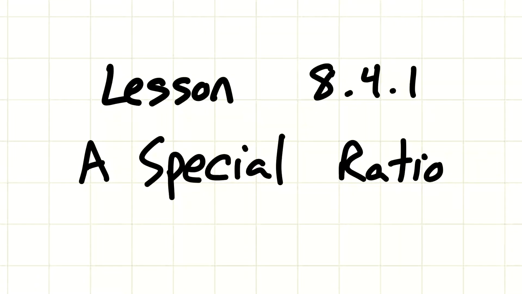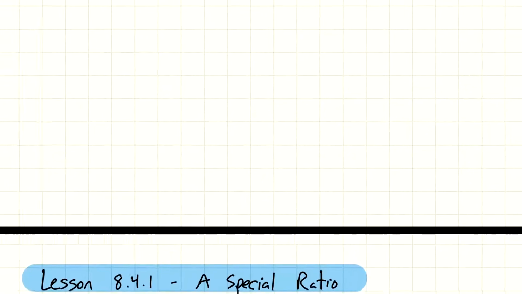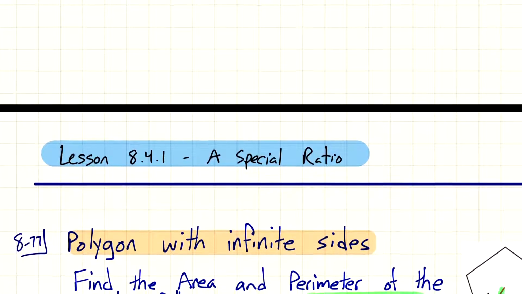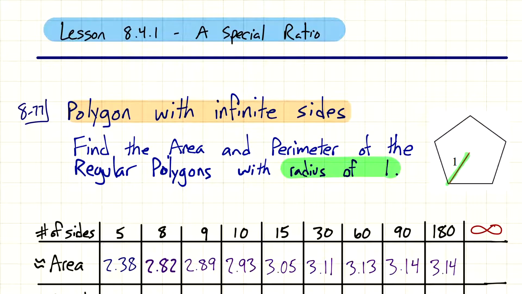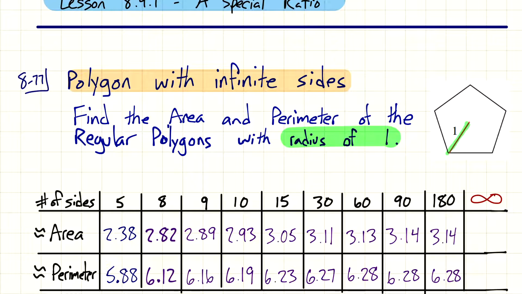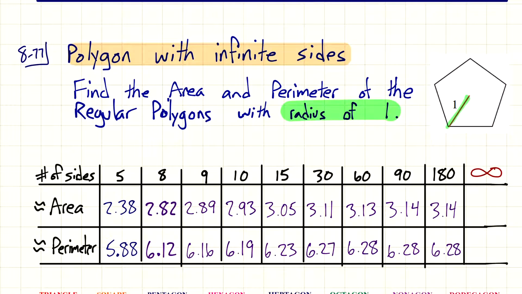Hey everyone, this is lesson 841, a special ratio. Up until this point, we've gone over polygons. We've talked about angles and areas of different polygons. Obviously, we didn't talk about every single polygon because really there's an infinite number of possible sides a polygon could have. So since that's the case, we start to wonder